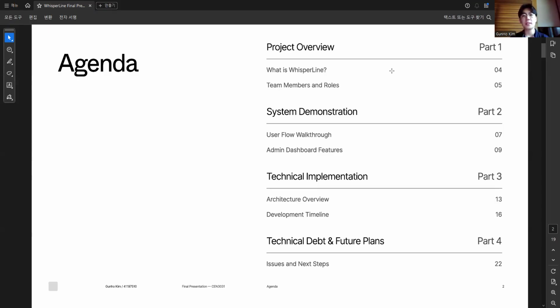First, in part 1, I will introduce the project, what Whisperline is, and who built it. Then, in part 2, we will do a complete system demonstration. I will walk you through the user experience from login to chatting with our AI counselor, and then show you the admin dashboard. In part 3, we will look at the technical implementation, the architecture, the technologies we used, and